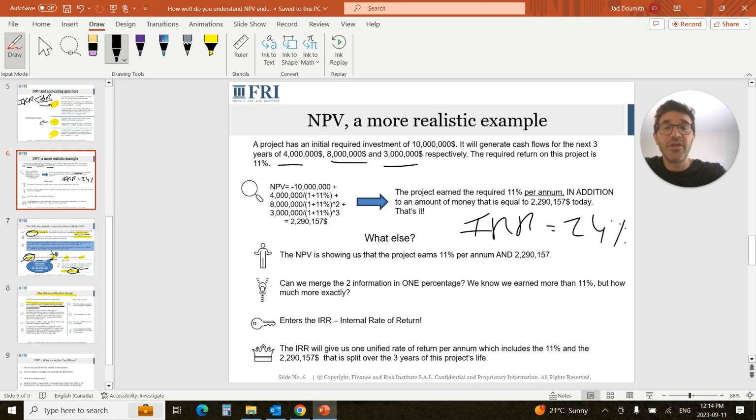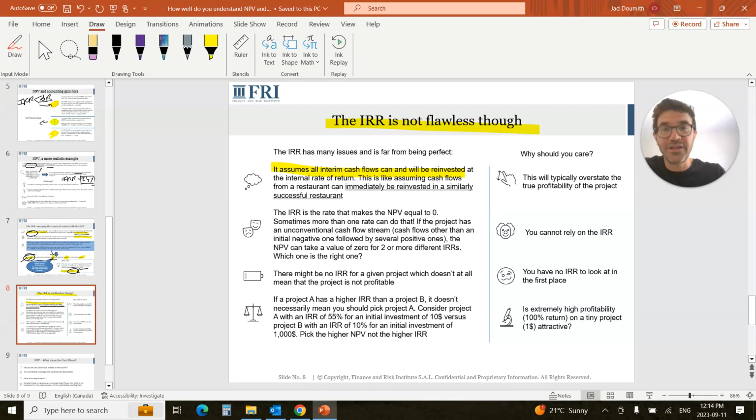So the assumption is whenever you earned the 4 million in cash flows in year 1, you have reinvested those 4 million at 24% for the remaining 2 years. Same would go for the 8 million that is earned in year 2. The assumption is you have reinvested this 8 million at 24% for the last remaining year,